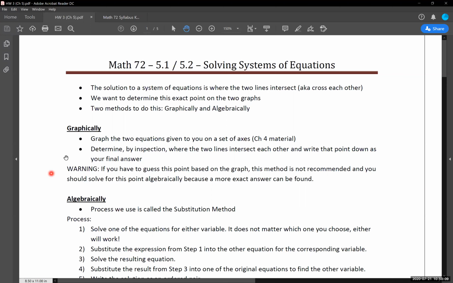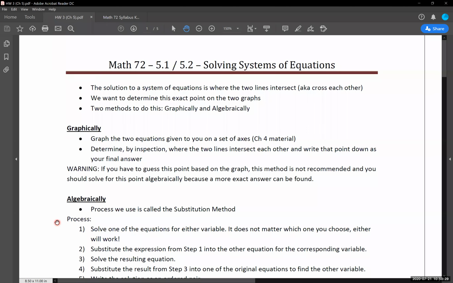Okay? So we're going to go through the algebraic method. We'll actually work through a couple of these, and I'll show you guys the visual of what we find algebraically and what that looks like graphically. I think the algebraic method is a bit more intensive. It requires more steps, as we'll see.